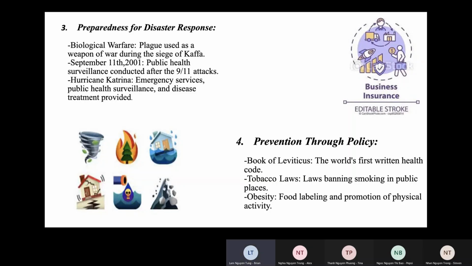We have laws banning smoking. Bans on smoking in workplaces, restaurants, and other public places have now been passed to encourage smokers to quit. Also, there has been an increase in cigarette taxes.